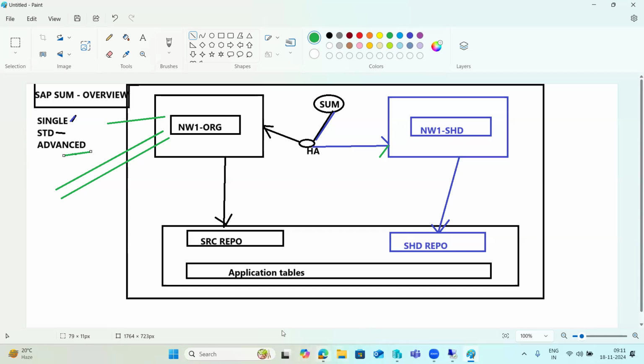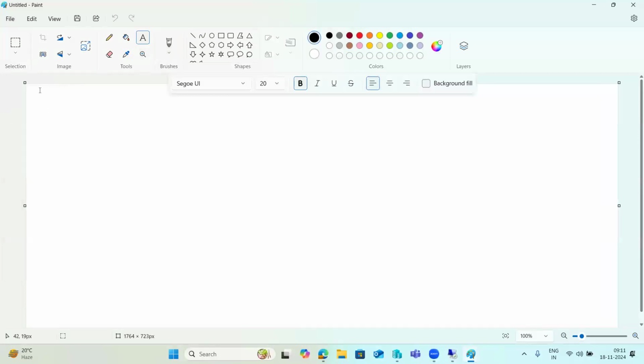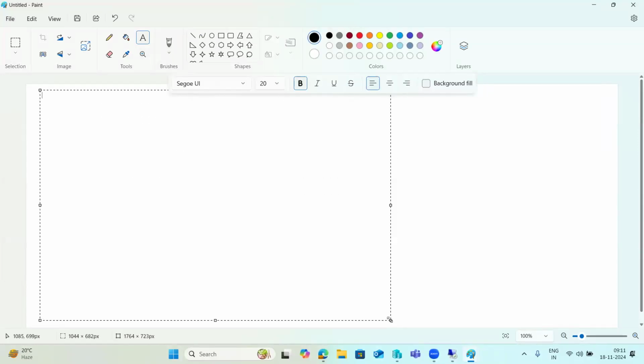When we have chosen the scenario selection, that time we selected either single, standard or advanced mode, right? Once you choose either standard or advanced mode, then it will go to the first phase, that is called the extraction phase, right? The first phase is the extraction phase, where it asks for all the details. So extraction,